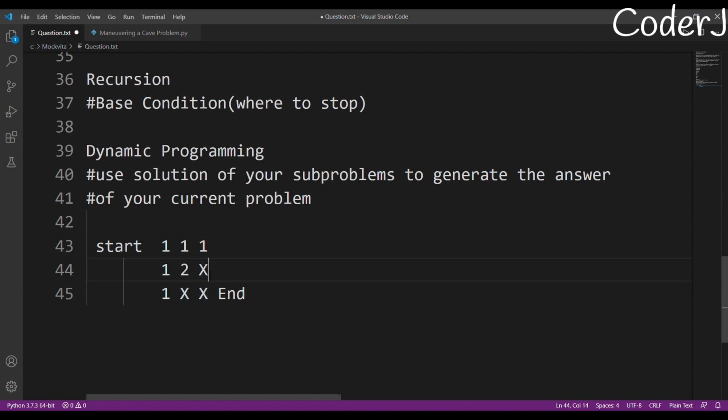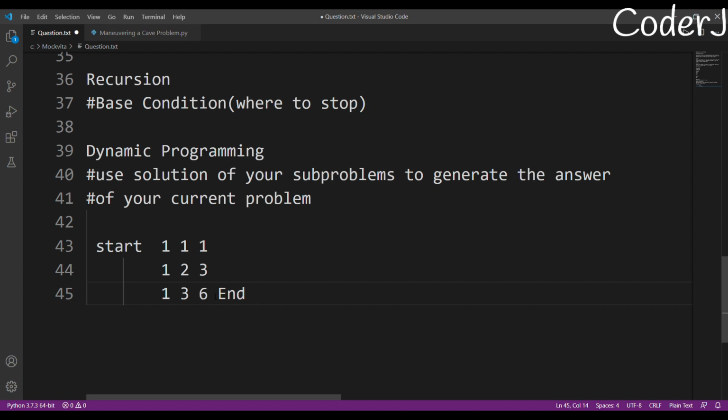Okay, what about this point? There are three ways possible. How? 1 1, 1 2, 1 3, and 2 3 is one way. What are the other ways possible? From 1 1 to 2 1, from 2 1 to 2 2, from 2 2 to this point. Okay, what is the third way possible? From here to here, from here to here, and from here to here. Okay, done. Very easy. What about this point? Again, there are only three ways possible. What about this point? There are six ways possible.